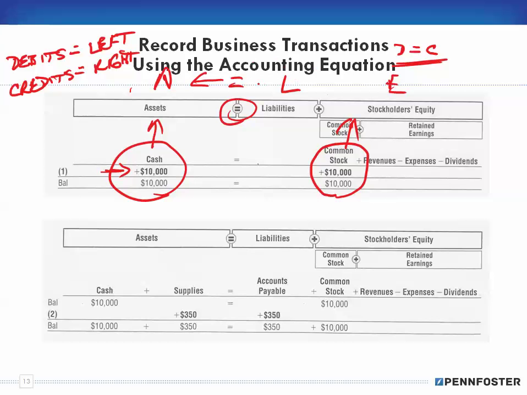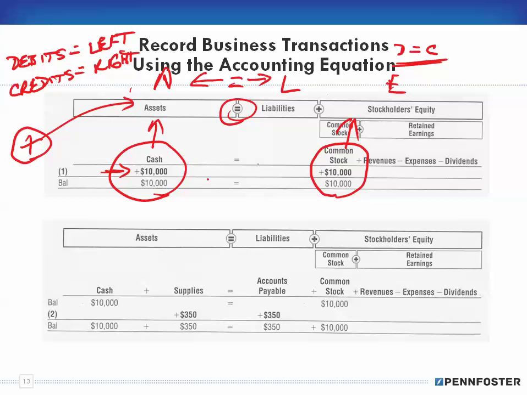And what's on the right of the equal sign? Liabilities and equity, right? Well, whenever we increase, and this is called the normal balance of that category of account, the normal balance of a category of account is what increases that category, meaning